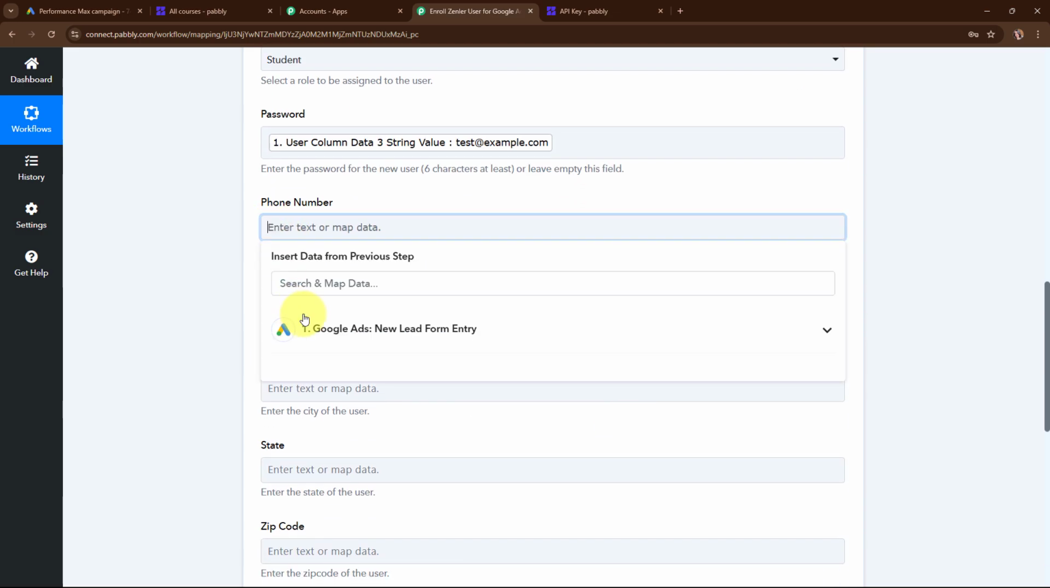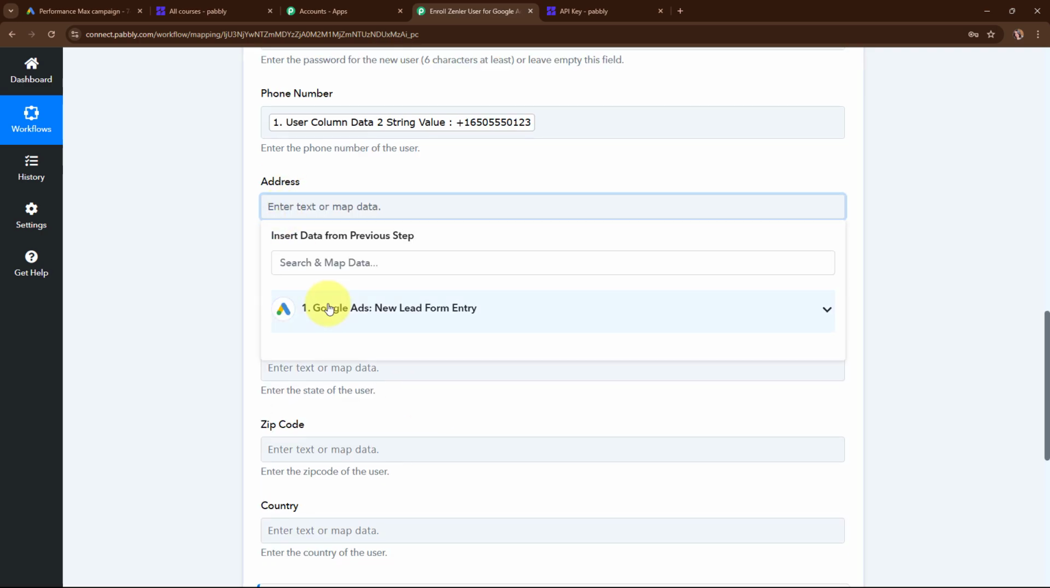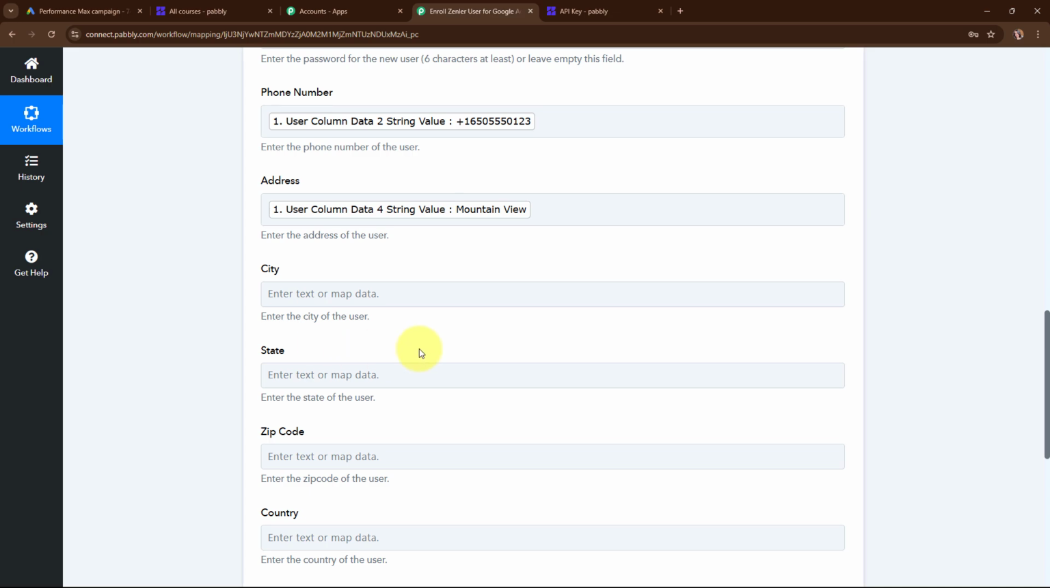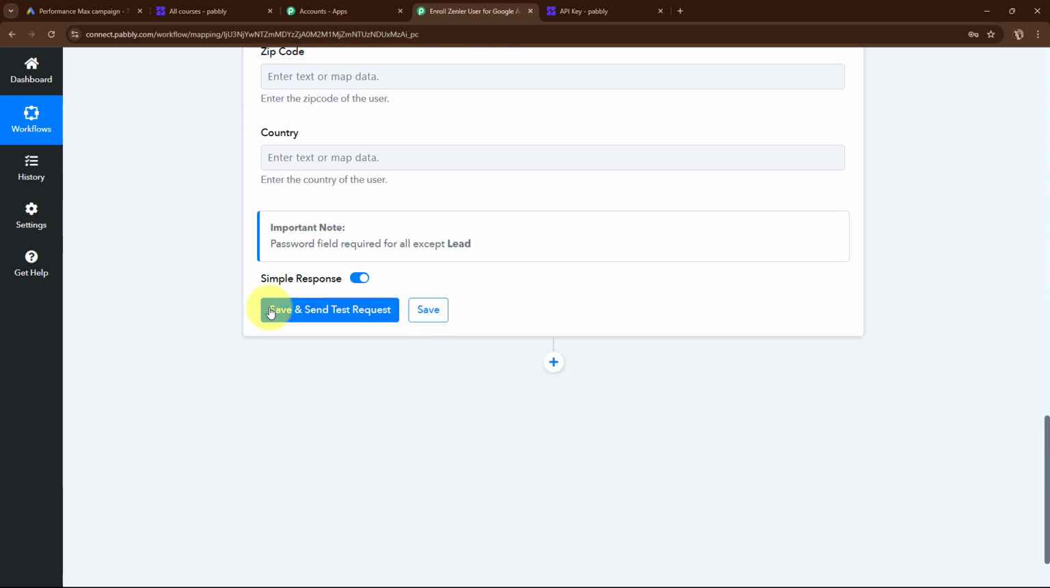Moving forward, for the phone number, I'm going to map the phone number. And for the address, I'm going to map the city value. Scrolling a little down, here it is asking me for the city, state, zip code and the country. These fields are not required fields, so I'm going to leave them blank. But if you want to add any of the details, then you can do it as per your need. And now after entering all the required details, I'm going to click on the save and send test request